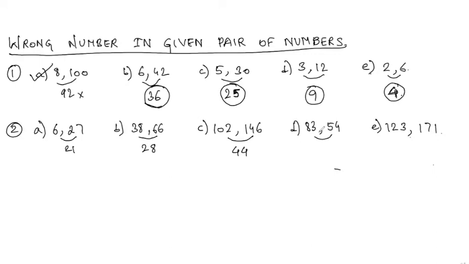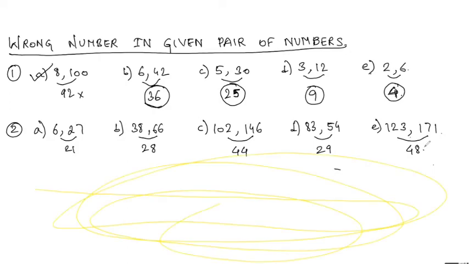29. Okay, it's minus or plus, it does not matter, because we just have to find out the relation. Next number. 48. Okay. If we look at 21, 28, 44, 29 and 48, there is no straightaway pattern seen here, right? It is not a multiple, not squares of numbers, not cubes, not prime numbers. So it is a different type of relation. So we can try with combinations here.